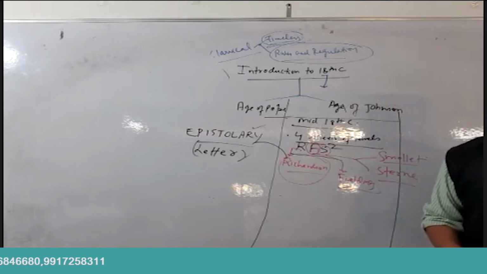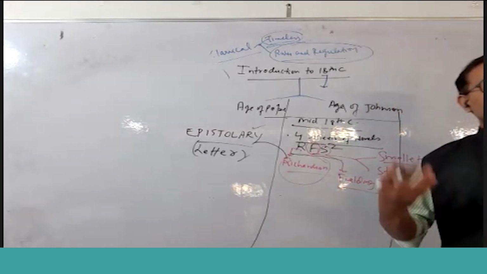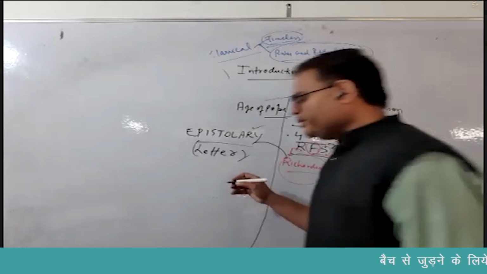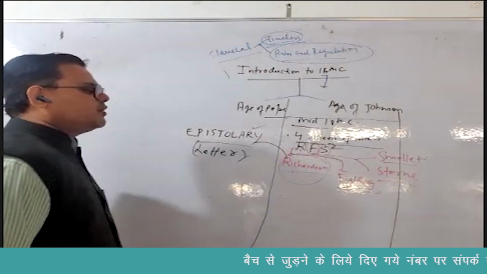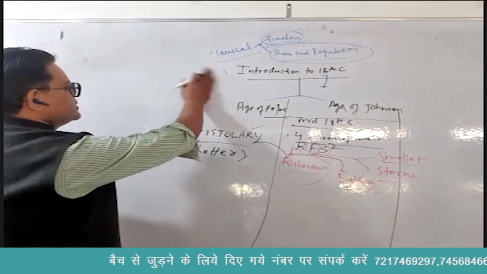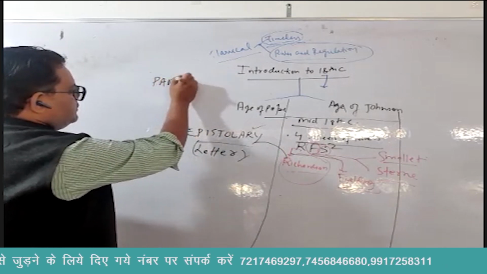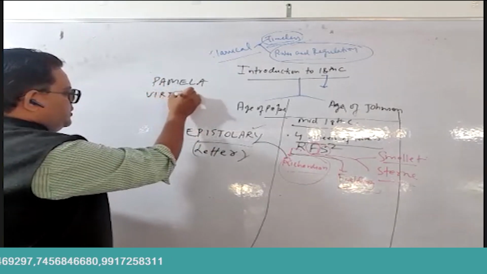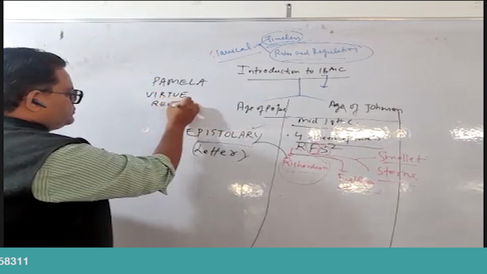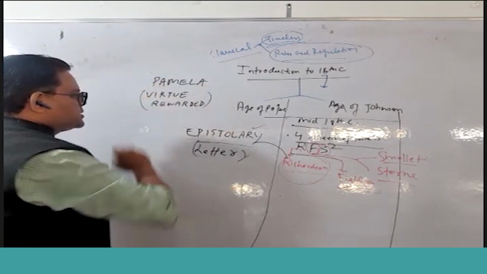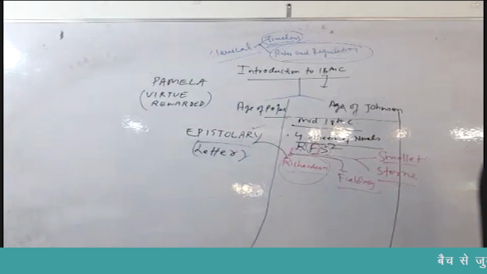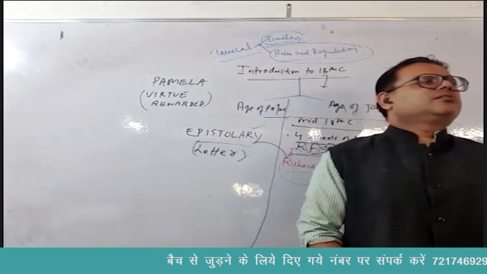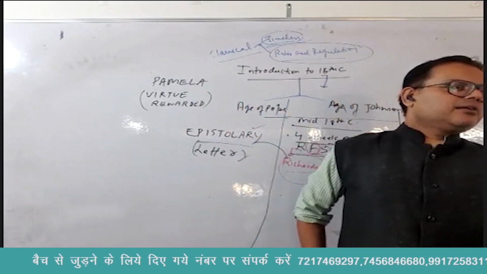Richardson. And most importantly, they may ask you which was the first English novel of English literature. The answer would be Pamela. Officially the first English novel was written by Richardson, and the name of the novel was Pamela. Very important. And the subtitle is Virtue Rewarded. Pamela, or Virtue Rewarded. This is the subtitle of Pamela. Who is going to tell me the technical name for subtitle? What do we call a subtitle?